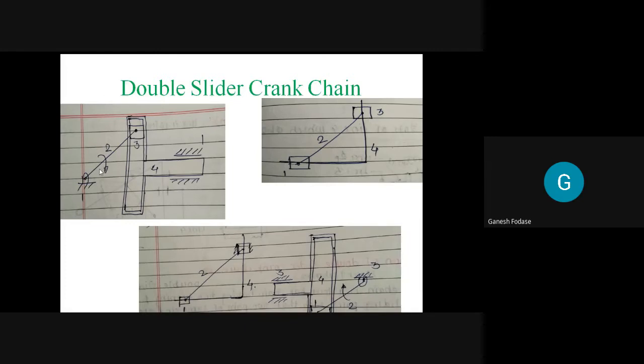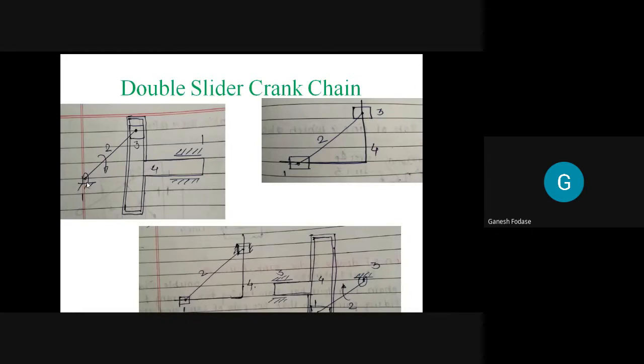Relative motion does not get changed in inversion, but the absolute motion of that link with respect to the fixed link gets changed. So relative motion between 1 and 2, 2 and 3, 3 and 4, 1 and 4 will not change in any inversion. Here, the turning pair formed between 1 and 2 will remain turning only. Turning pair between 2 and 3 will remain turning only. Of course, the prismatic pair also remains the same.